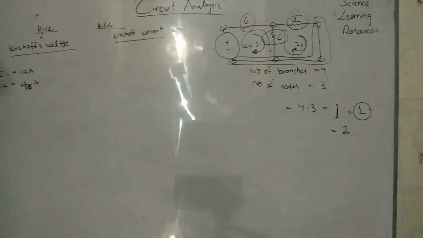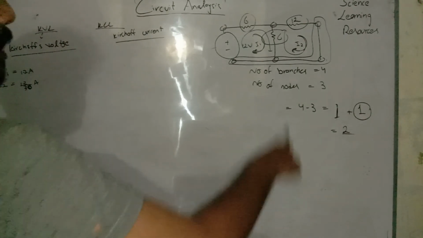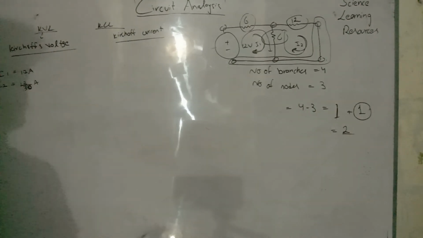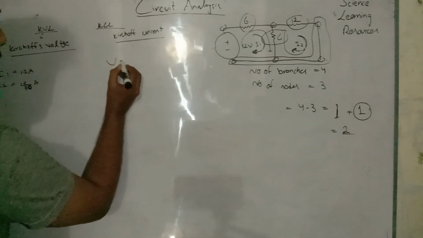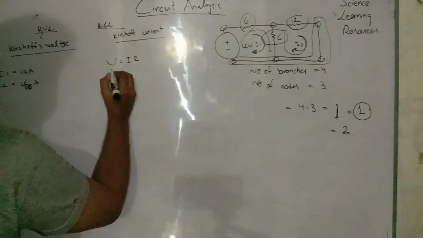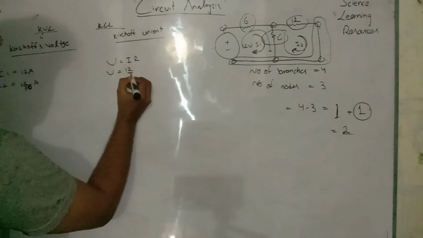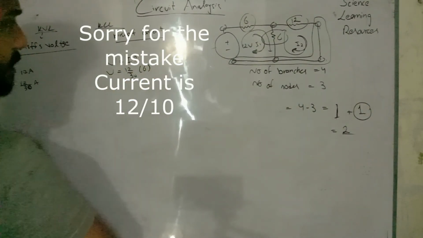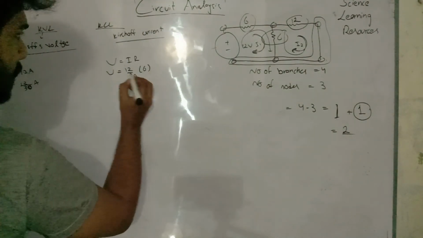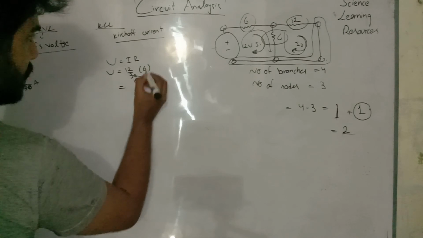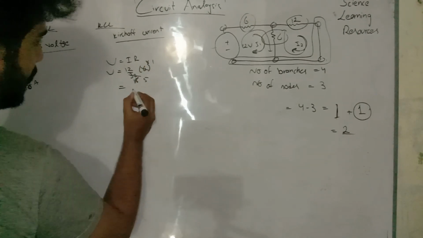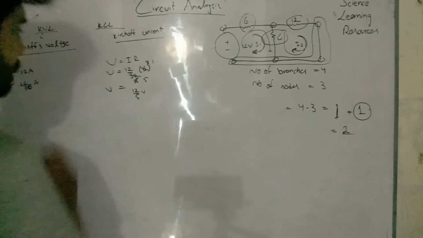Now we have these two pieces of information right here. If you want the voltage value at every branch, here, here or here, I will tell you how to calculate it. You just have to apply V equals IR. What is the current value of I1? You know the current value of I1 is 12 over 30. What is the resistor value? It is 6. So you just have to do some math operations. 2 15s are 30, 2 3s are 6 and 3 5s are 15. It is 12 over 5 volts.